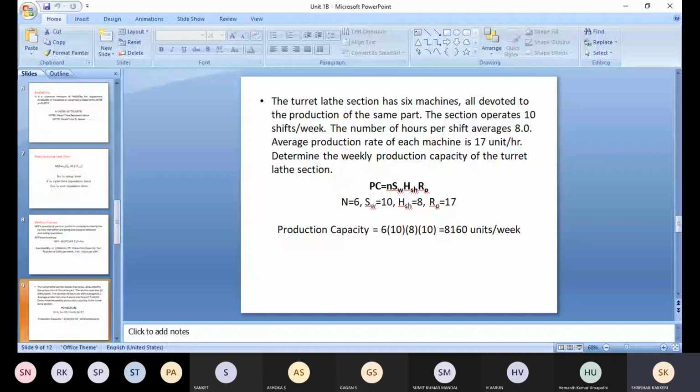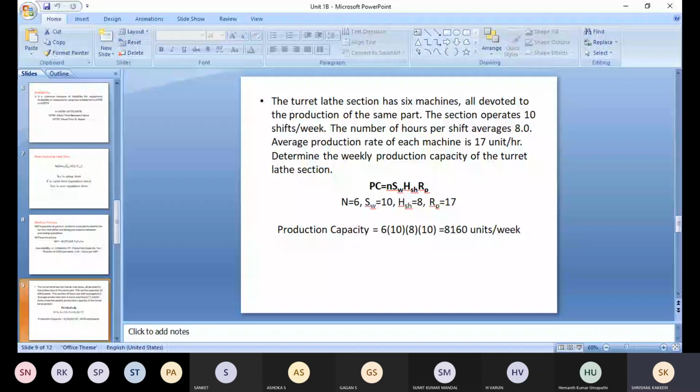If you do the combining of operation, what happens? The number of workstations can be reduced and the floor space will be reduced. Non-operation time will be reduced. That is what the strategy is. And simultaneous operation. Simultaneous operation is, on a single job on a machine, more than two operations will be done at a time, not one after the other. The two or more operations will be done on the part, that will be called the simultaneous operation.